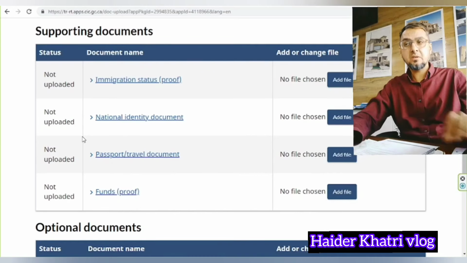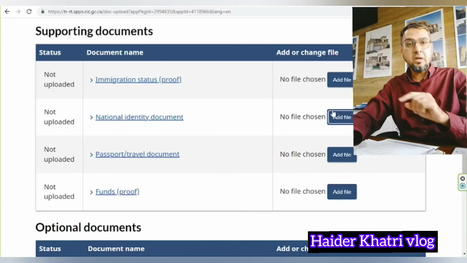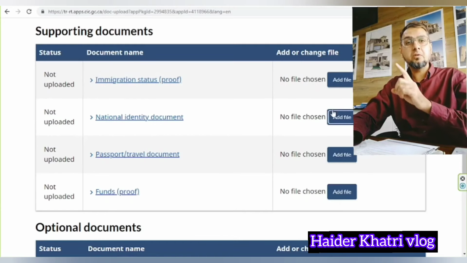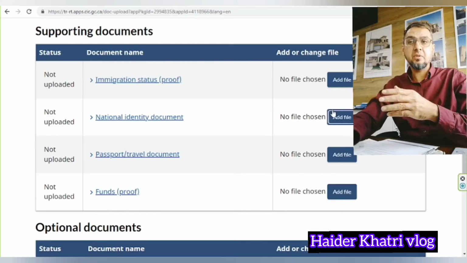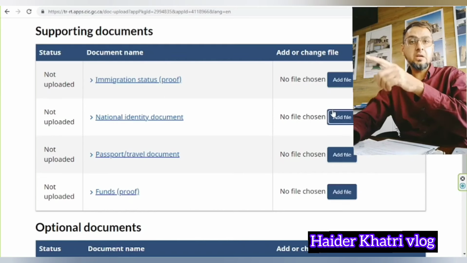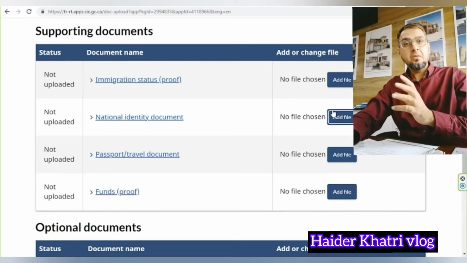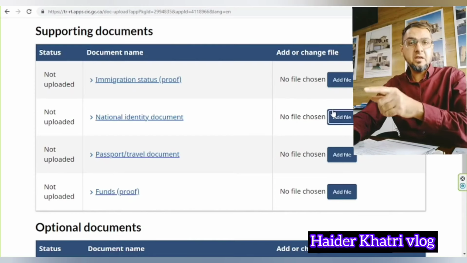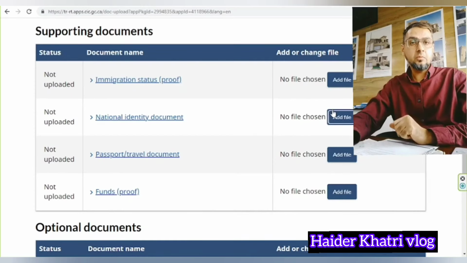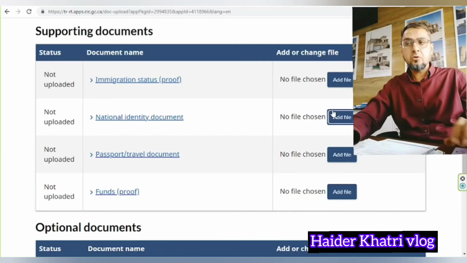This completely depends on your answers. Whatever you answered in the application, because sometimes it changes, it will automatically decide, because this is all artificial intelligence. As per your answers it will decide what documents you will have to upload. So whatever documents they are asking, you will have to upload.